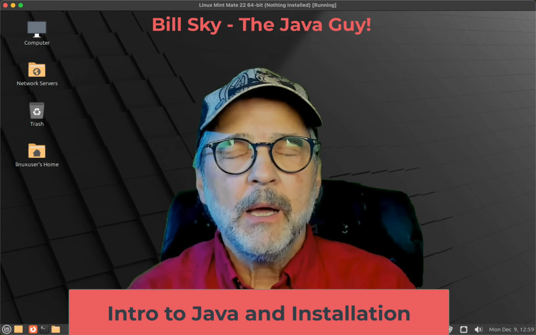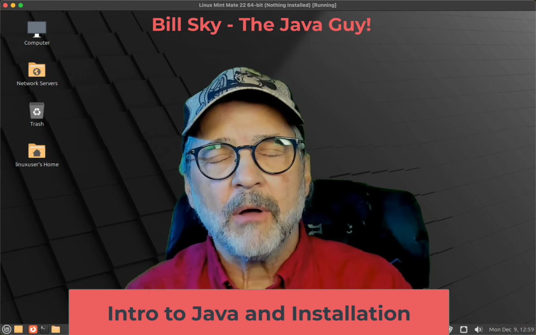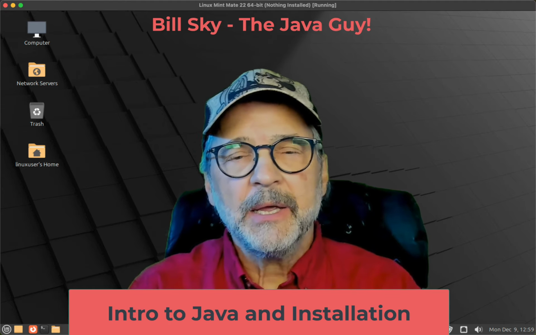Then the second part is the JDK, the Java Development Kit. And the Java Development Kit is the thing that actually allows you to write the code, or actually I should say compile the code. Now, I did mention a moment ago that Java is not compiled. It actually kind of is. It's compiled into what they call a tokenized language. So when you compile it, and we're going to do that in the second video here in this playlist, when you compile a program in Java, it takes your source code, converts it to tokens, and puts it in a .class file, and then that's run through the interpreter. So really, that's what the JDK does. It allows you to compile that code.